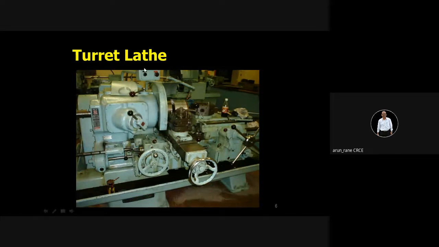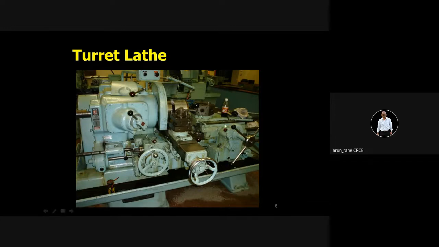So turret lathes are used. These are actually semi-automatic lathes. These are used for mass production and where the number of operations on a particular component is more. So there we are using turret lathes.